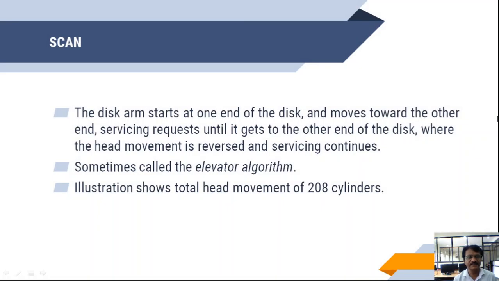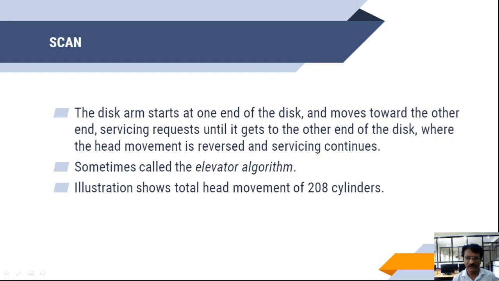What this scan is, the scan algorithm deals with. It's very simple. In the scan algorithm, the disk arm starts from one end of the disk and moves towards the other end.